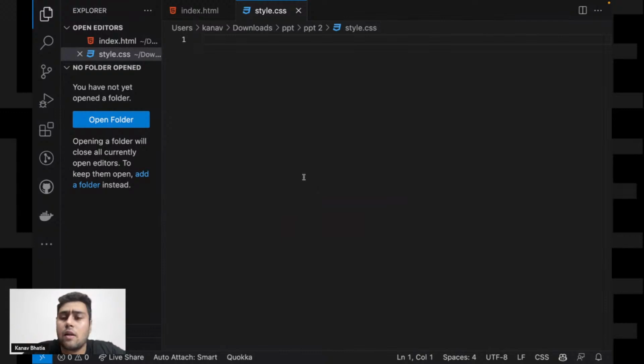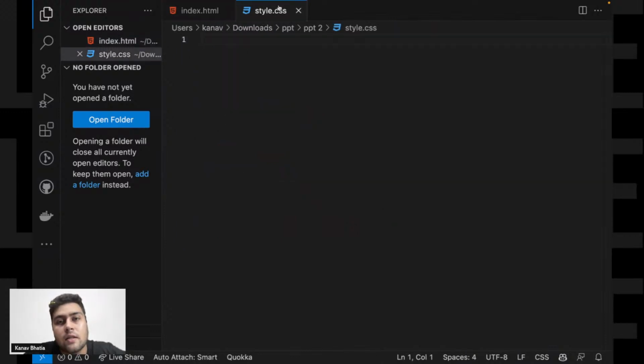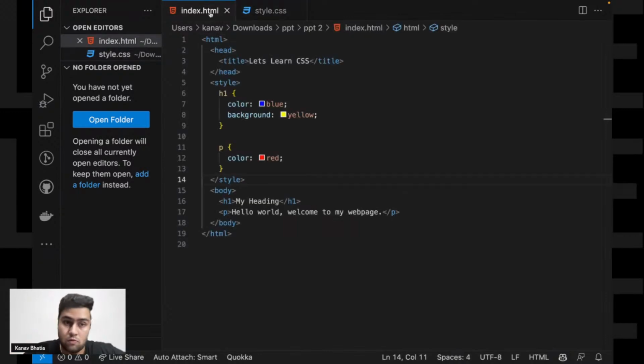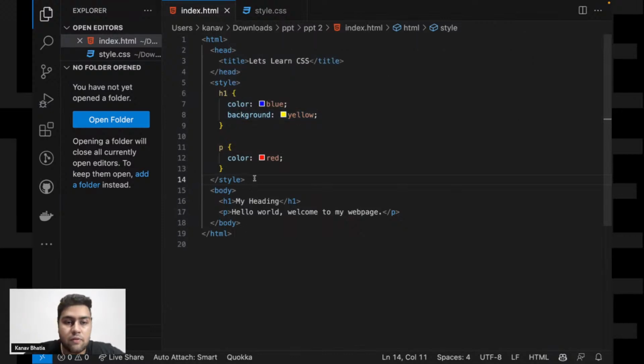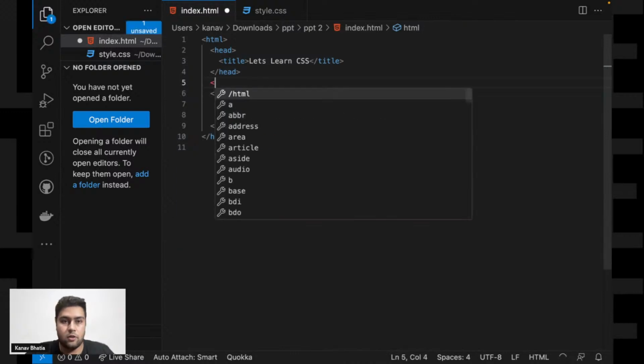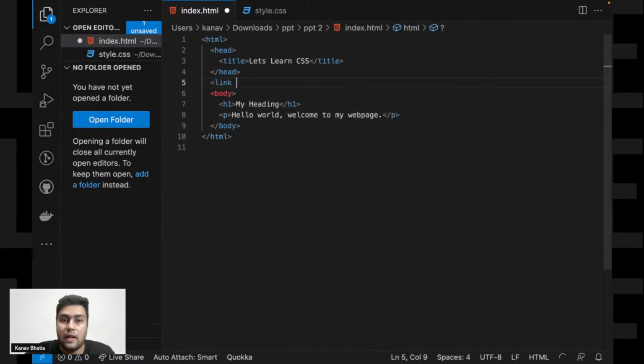But how would this index.html file know that it has to take style from style.css? How would this file understand that, right? So we give the reference of this file. How can we give the reference? Instead of writing style, I'll write link. Why link? Because I'm calling this file from an external link. Then